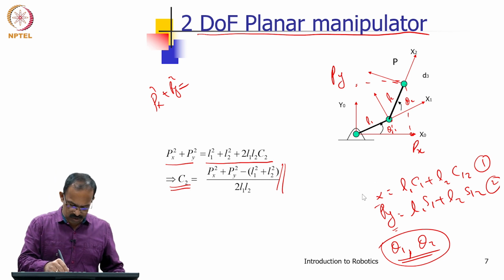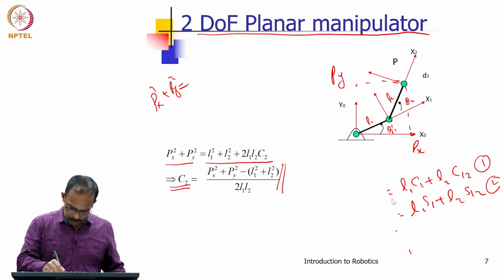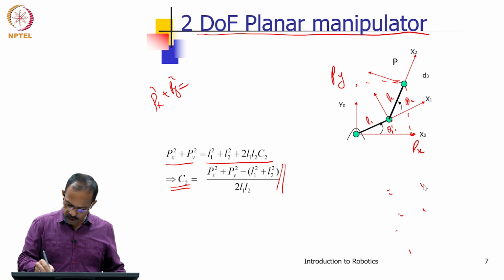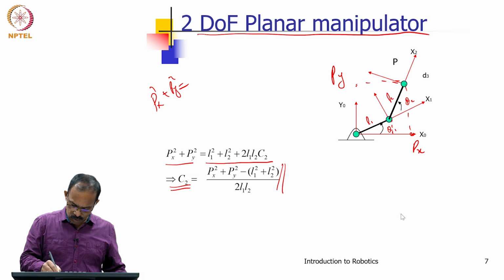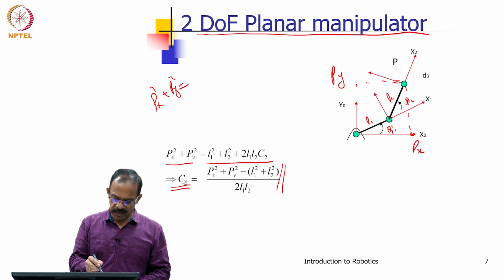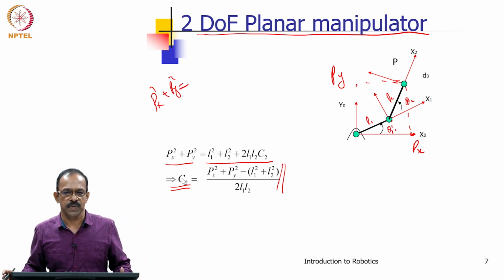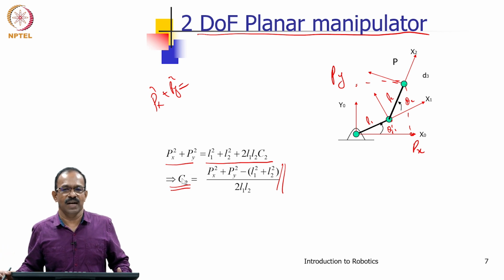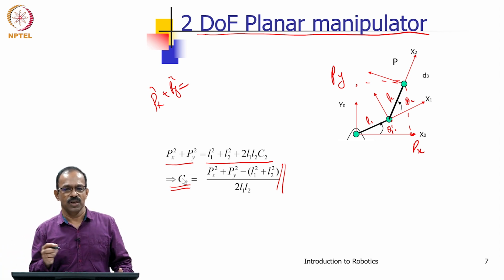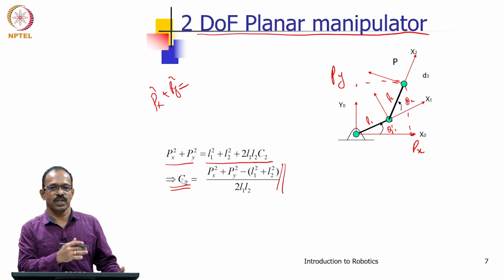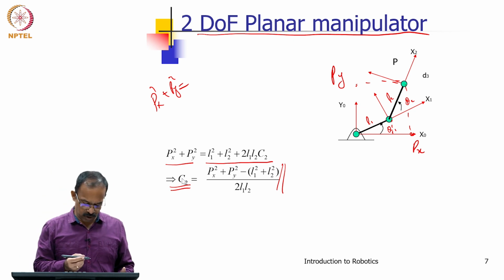So, we have solved for C2. Once we have C2, we can find theta 2. Instead of directly using a cos inverse, we do not use a cos inverse to get theta 2, because that will not tell you in which quadrant theta lies. Out of 4 quadrants, we want to clearly get which quadrant theta is lying in, and therefore